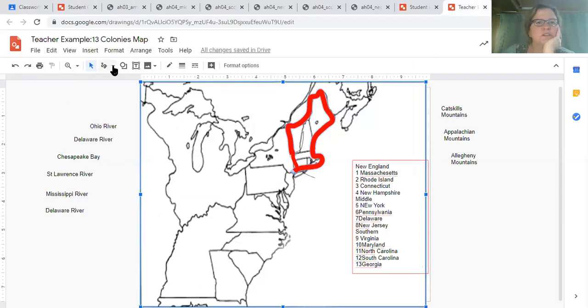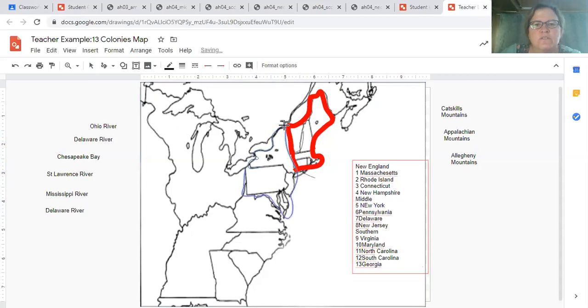Now I'm going to do my lines first. Scribble. So here's New York, and then trace around New York. Pennsylvania is this round one. Delaware is actually this wiggly one over here, and New Jersey is right above it. So all of those